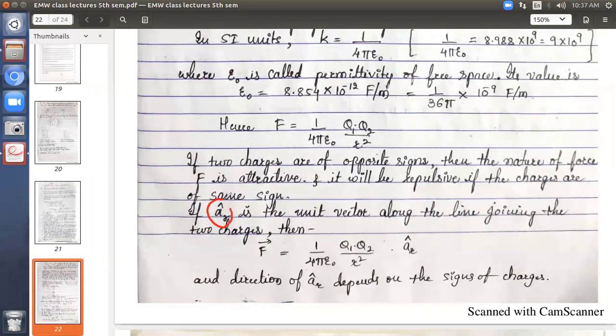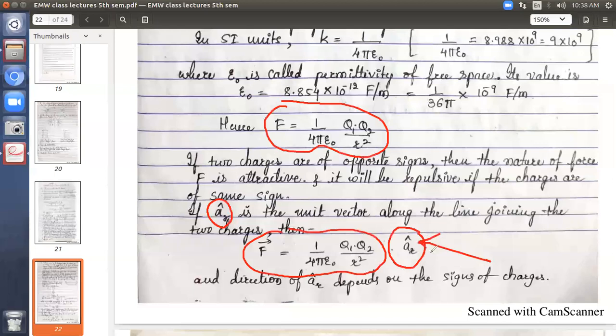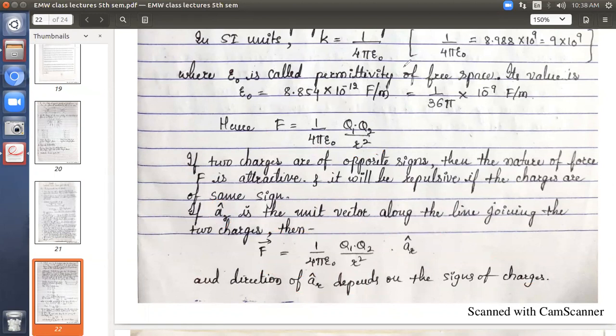So if you consider the unit vector r cap, then just substitute that for the force. We have already seen that according to Coulomb's law, the force is 1 by 4 pi epsilon naught q1 q2 by r square. Just associate a unit vector so that it completely depicts a vector quantity. And this direction depends on what? Basically, the direction of this unit vector depends on what kind of charges q1 and q2 are having. Based on that, you will get that. Once we go through the details of the problems, you'll understand how to take the direction.